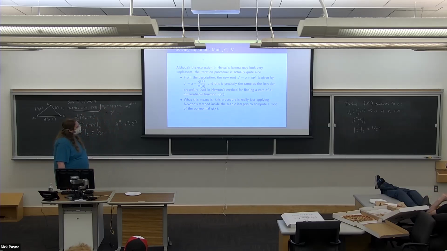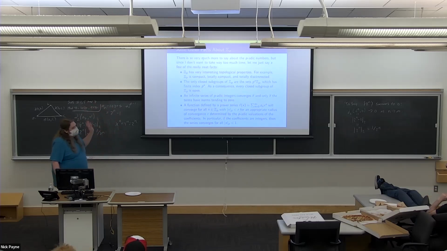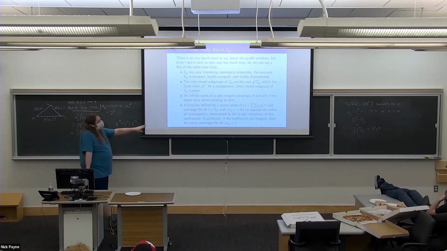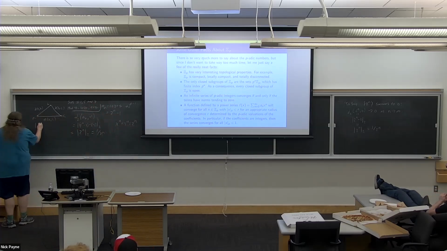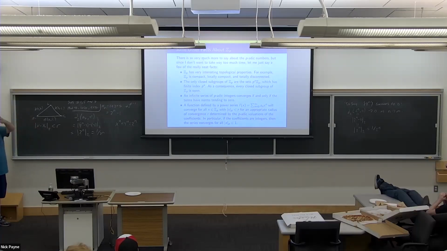Okay. All right, so there's so much more to say. Like the P-adic integers have an incredibly wide range of interesting facts about them. One fact I wanted to mention for anyone doing topology is if you take an open ball, the set of x with |x minus x0| less than r, just all the things within a P-adic distance of something, every open ball is closed. And every closed ball is open.